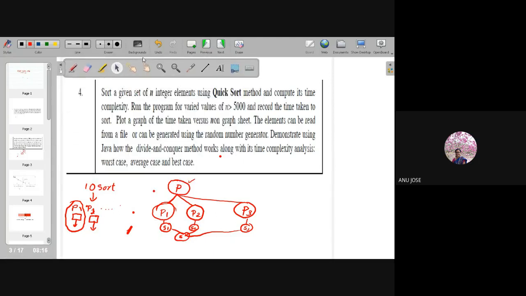That will give me a final solution as S. So this S will be acting as a solution for problem P. So this is the basic logic of every divide and conquer strategy. If you have a bigger problem, we will divide it into smaller subproblems. What is the speciality of these smaller subproblems? Their solutions I will get directly.